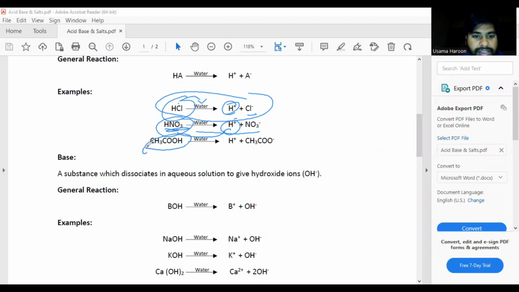And if we talk about acetic acid, that is CH3COOH, whenever we dissociate it into water, as we know that this is a weak acid, it will dissociate into its ions at a very slow rate. But still, we will consider this as an acid because the substance is still giving us H+ ions in the solution. So we can say that CH3COOH is an acid, but it is a weak acid as compared to